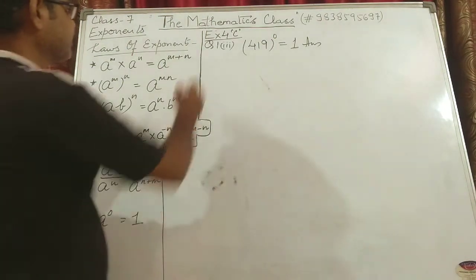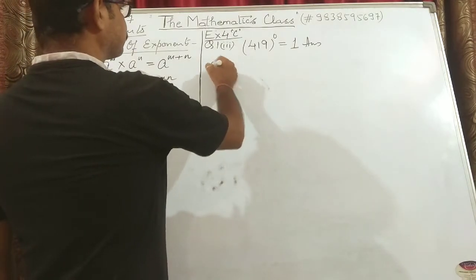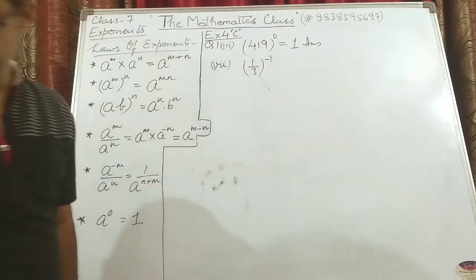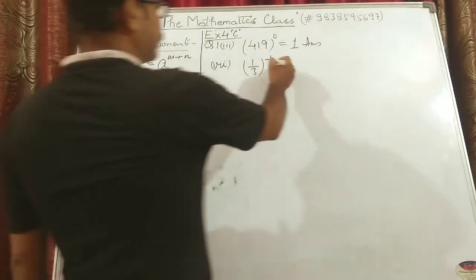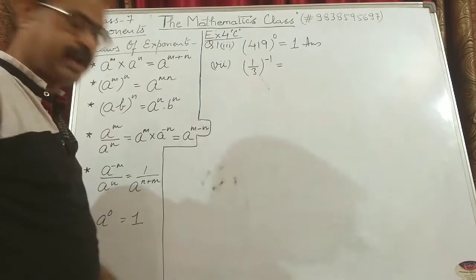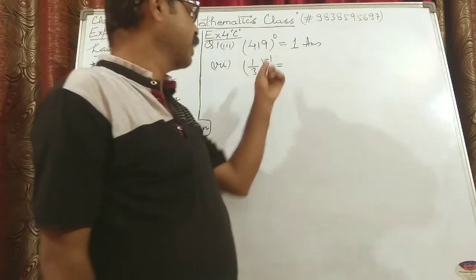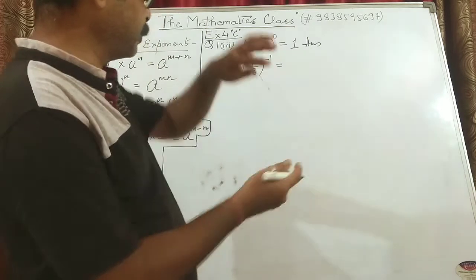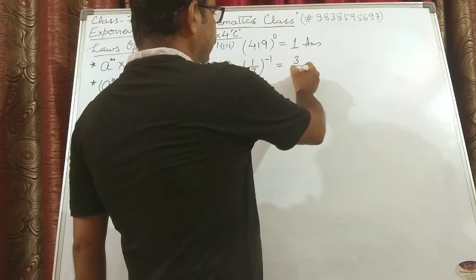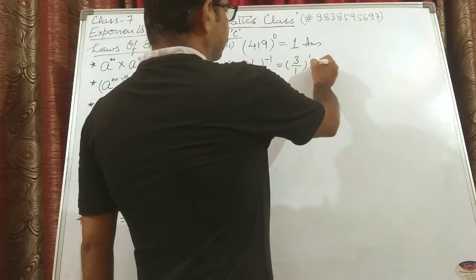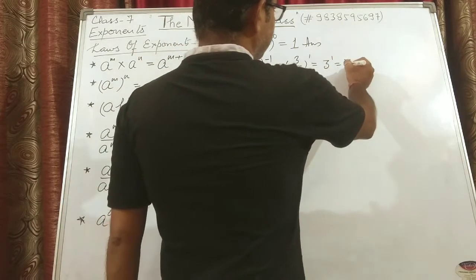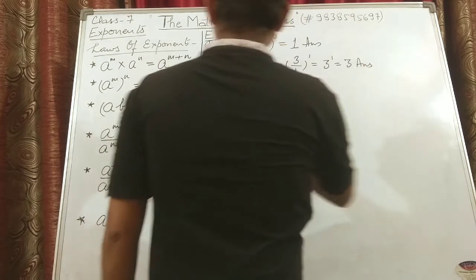Now the seventh part I am taking. It is 1 upon 3 to the power minus 1. Now minus 1 means if this has to be made positive, we always try to make the powers positive. Now if minus 1 has to be made positive, it means it will reciprocate. It will become 3 upon 1 to the power 1. 3 upon 1 means simply 3 to the power 1. 3 to the power 1 means only 3. That can be written like this.